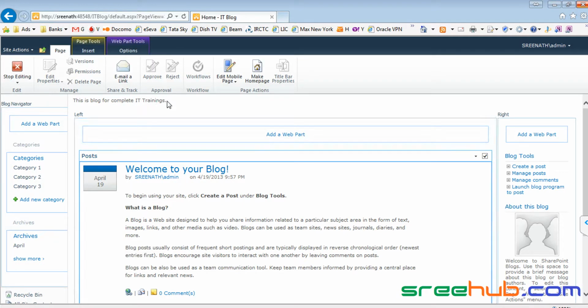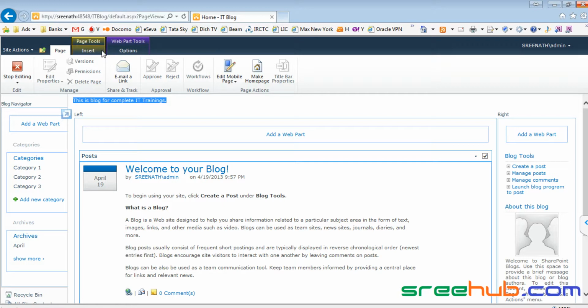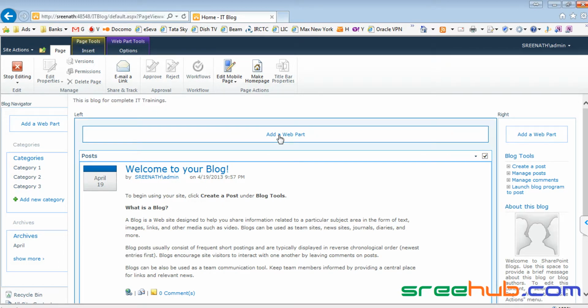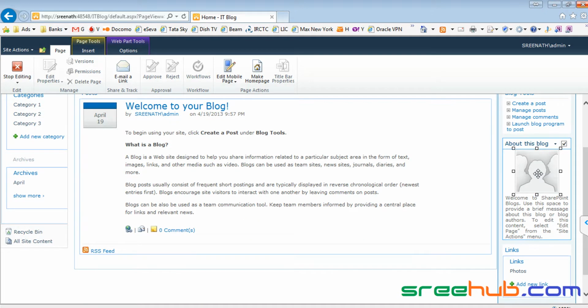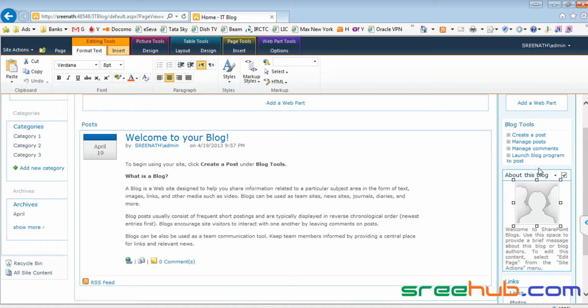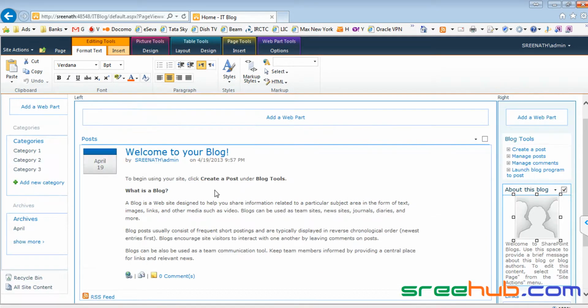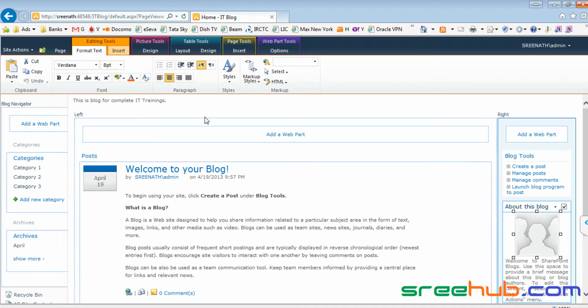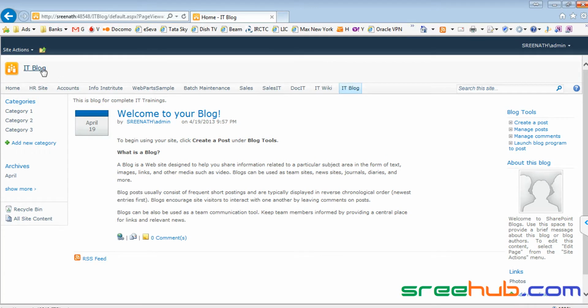Let us say I want to make it bold, or options, let me go to options here. I'm touching on this, now here you can see that you can add a new web part, right? And you can actually change images or whatever you want, right? Directly you can delete the link and all. So which means you can actually work on this as a normal page, but don't touch anything because it is giving a complete actual view of your site, right?